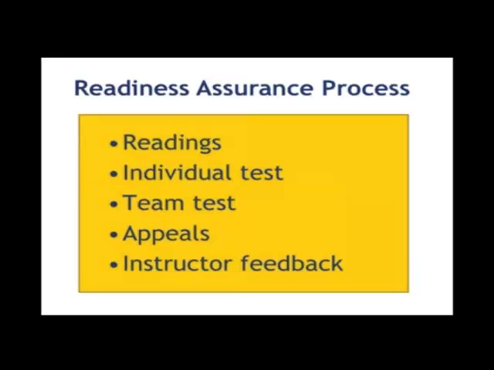This is distinctly different than providing a reading quiz, where I get some accountability that the students have completed the readings, but I get no assurance that they have any preliminary grasp of the foundational concepts. So this readiness assurance process, again, is 5 steps, and we start by assigning a set of readings that the students will complete outside of the class. We typically assign somewhere between 30 and 60 pages or 2 textbook chapters for a 2-week module.